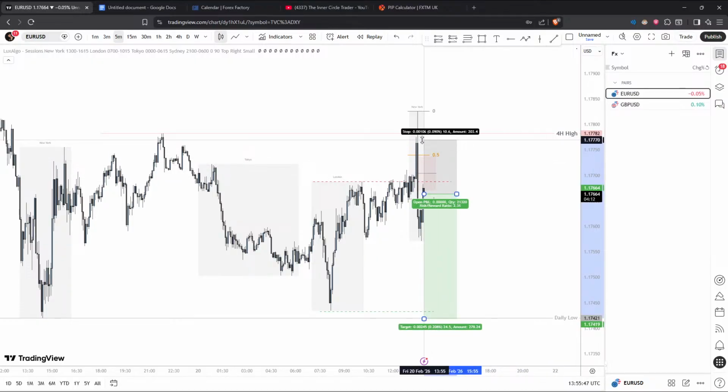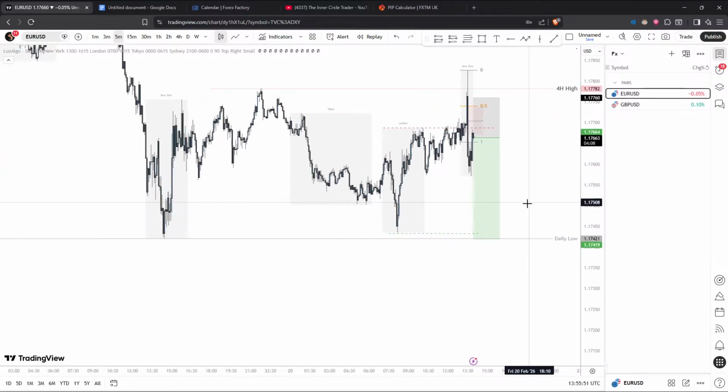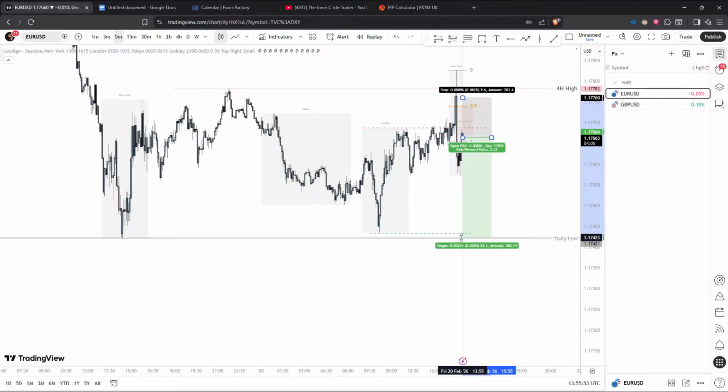We've set our stop loss here. Our TP is gonna be this liquidity right here. Make sure everything's correct because I don't want to have to wake up and see my stop loss has been hit because I put the